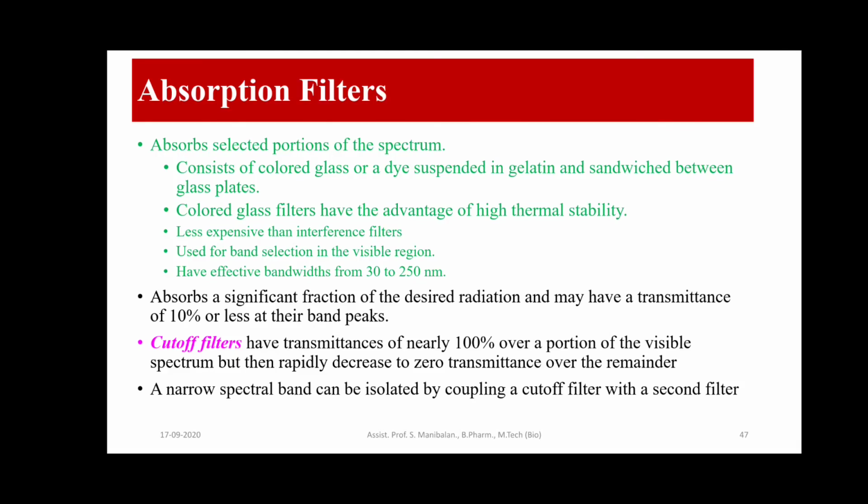Okay, that's the disadvantage. So we can use cutoff filters which have nearly 100% transmittance. So the transmittance is more, so we can get more bandwidth. The narrow spectral band can be isolated by coupling the cutoff filter with a second filter. Actually, this is a very simple and cost-effective wavelength selector, but it can produce only the range